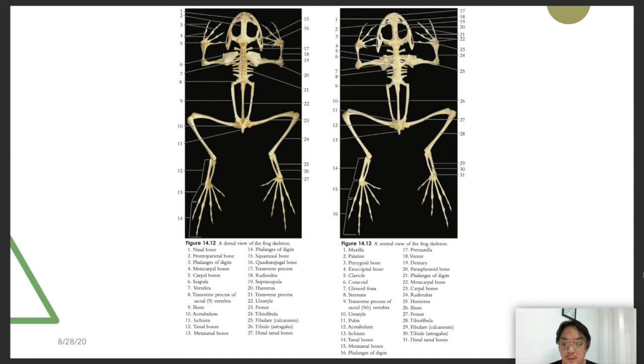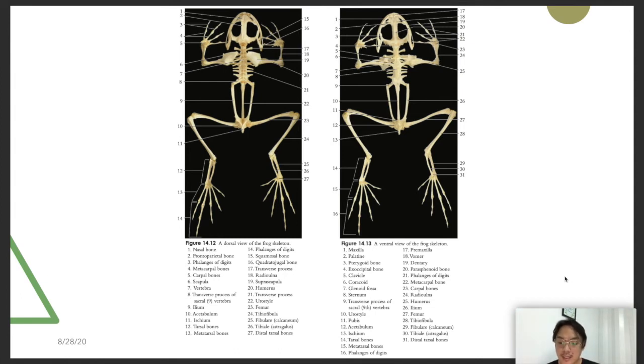1 maxilla, 2 palatine, 3 pterygoid bone, 4 exoccipital bone, 5 the clavicle here, the coracoid for number 6, 7 is the glenoid fossa, 8 is the sternum, 9 is the transverse process of the sacral, 9th vertebra, number 10 is the urostyle, 11 pubis, 12 acetabulum, 13 ischium, 14 is tarsal bone, 15 is the metatarsal bones,